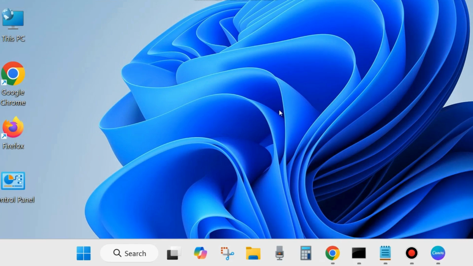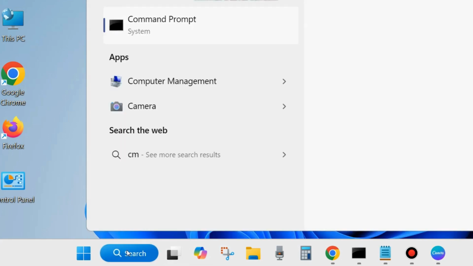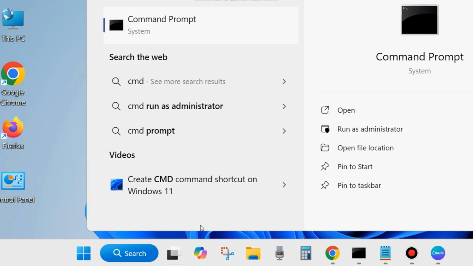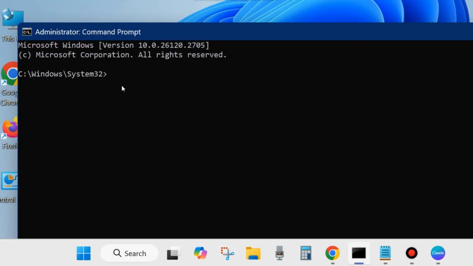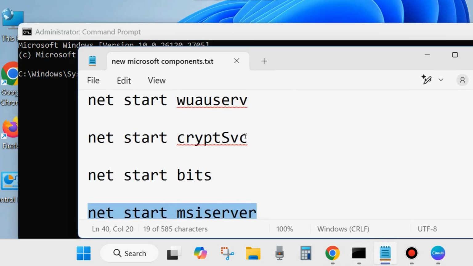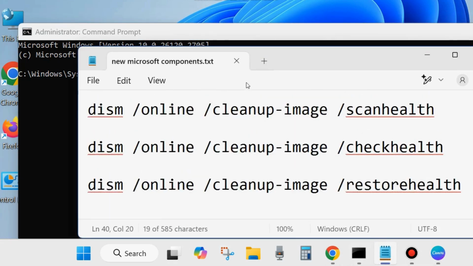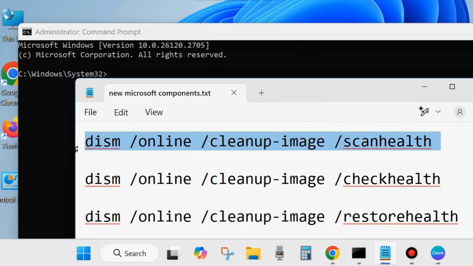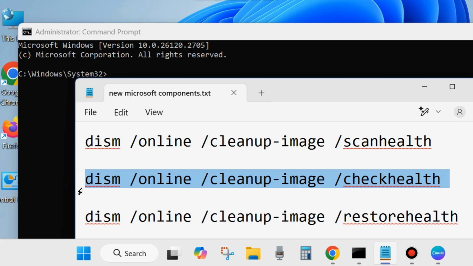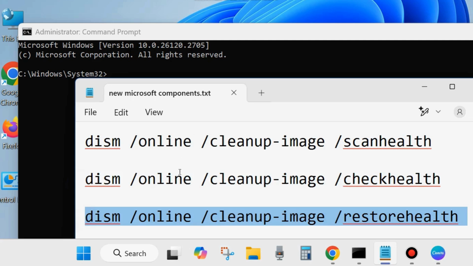If not, go to the next fix. Go to Windows search and type CMD and open command prompt in run as administrator mode. In the command prompt window, first execute these three DISM tools one by one as shown on the screen: DISM online scan health, DISM online check health and DISM online restore health. Execute all these three commands one by one followed by the enter key each time in the command prompt window, and